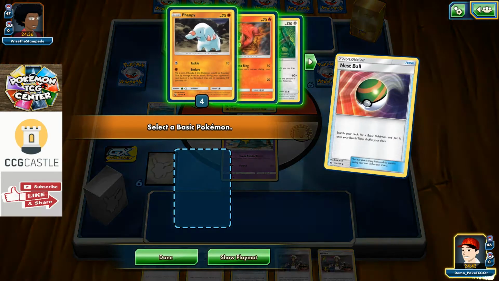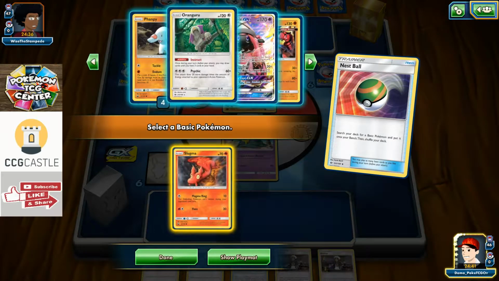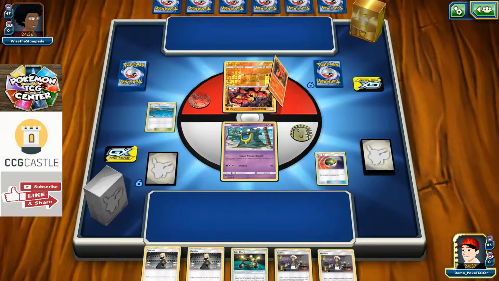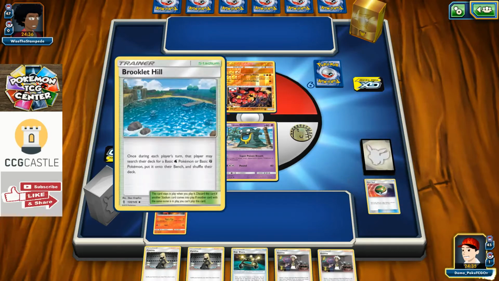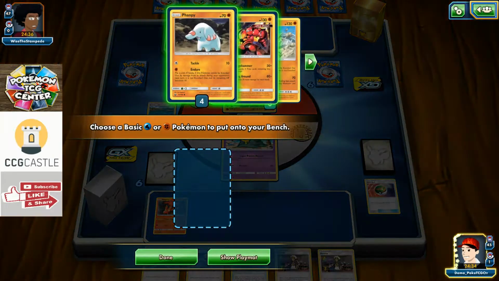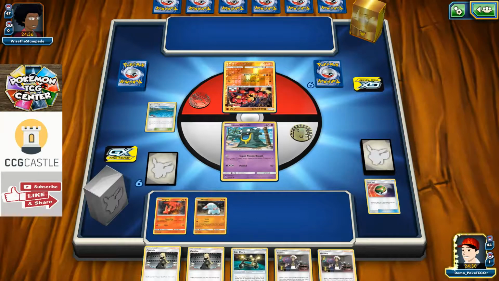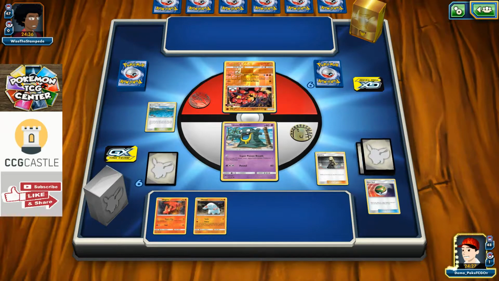So I guess I can't complain too much. So I'm gonna go for Slugma for now, as long as I have Magcargo. Yes, I have. Brooklet Hill, it's quite obvious that's gonna be for my Phanpy, and I'm gonna play Cynthia in this case. So refreshing my hand